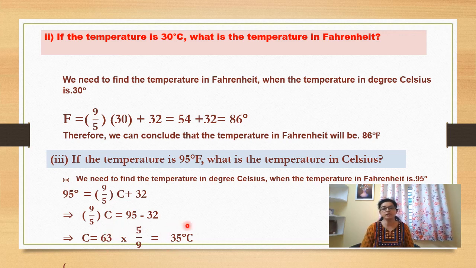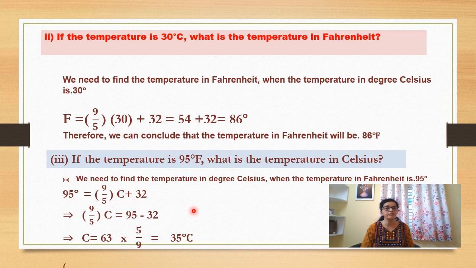Now let me tell you, you can even use this information in the graph also. Like the x coordinate will be 30, as you can see in the question. If the x coordinate is 30, then the y coordinate will be 86. So you get one more pair, 30 and 86. You can get another pair also, where you can see that the x coordinate is 35 and the y coordinate is 95. So you can use these two coordinates in the previous table also to plot them in the graph. So you can get two more pairs of coordinates using this information of the sum.